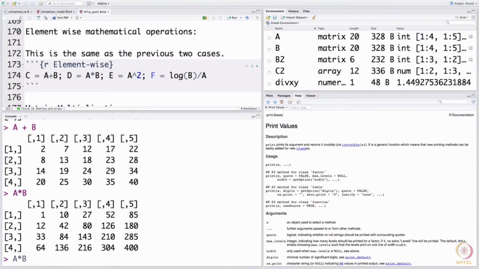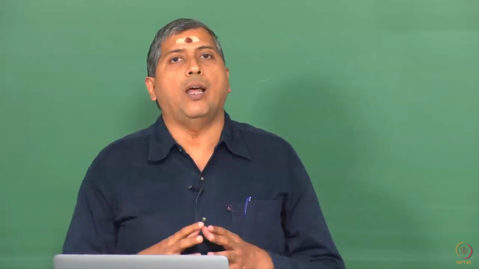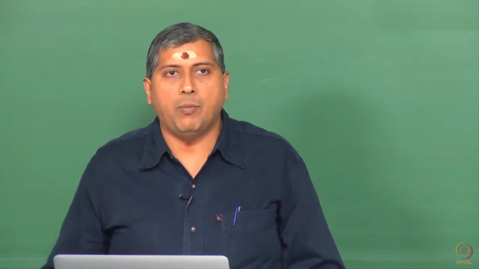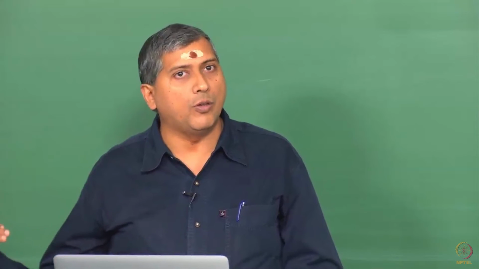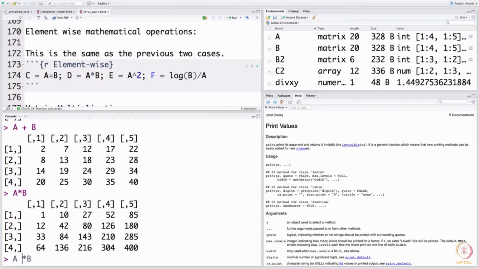In the element wise, obviously A and B should have the same number of rows and columns, whereas in a matrix wise multiplication, the number of columns of A should be the same as the number of rows of B, and is that the case here? So, suppose I ask for a matrix multiplication, which is done by using this percentage symbol. So, you encase this asterisk in percentage. When you do that, do you think this is compatible? A has 5 columns and B has 4 rows. Can we do a matrix multiplication?